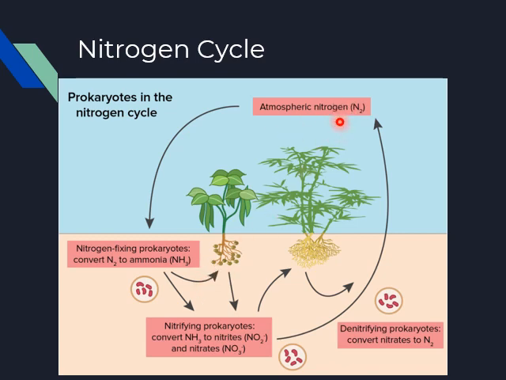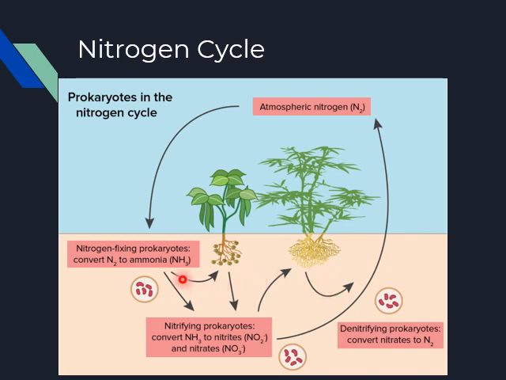That we have atmospheric nitrogen, and nitrogen-fixing bacteria convert N2 into ammonia, which is NH3, and some plants can use that. And then some nitrifying bacteria also convert the ammonia into nitrates and nitrites that other plants can use. And then denitrifying bacteria convert the nitrates back to N2 and release it back into the atmosphere. So bacteria play a huge role in this nitrogen cycle,